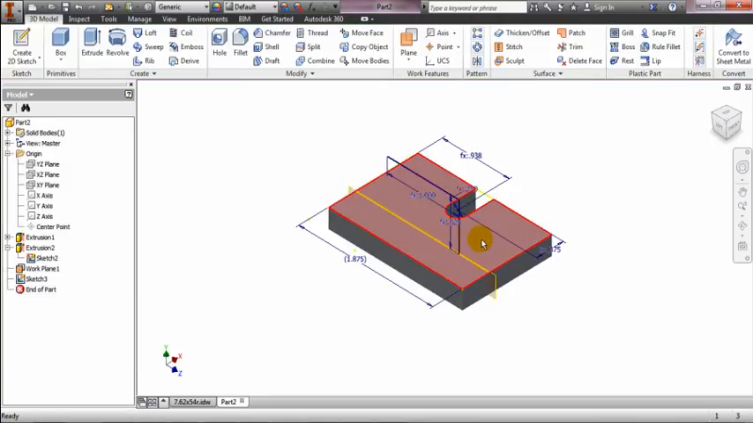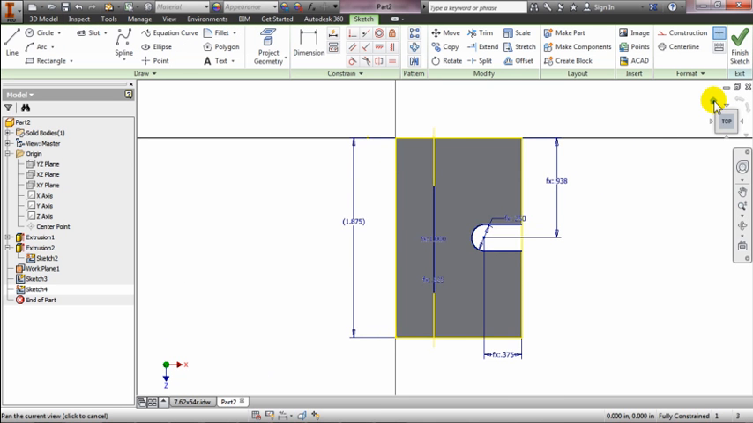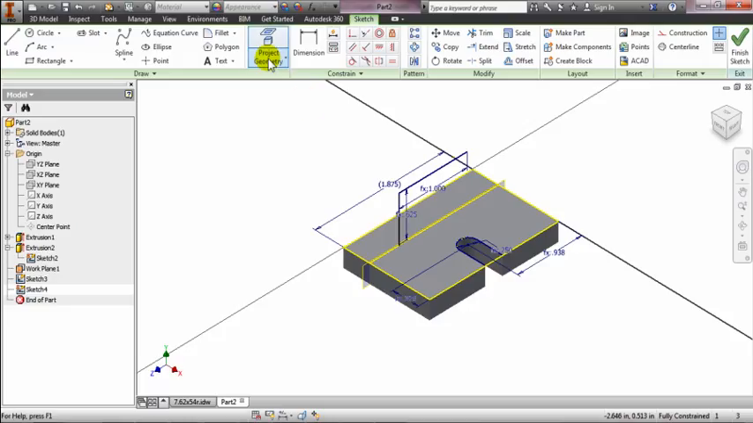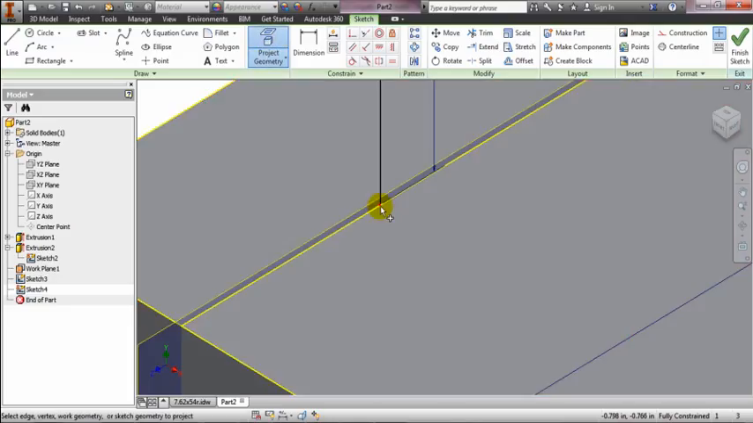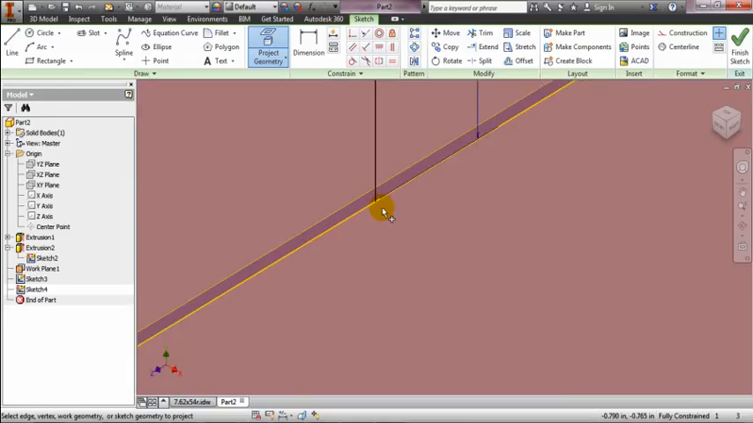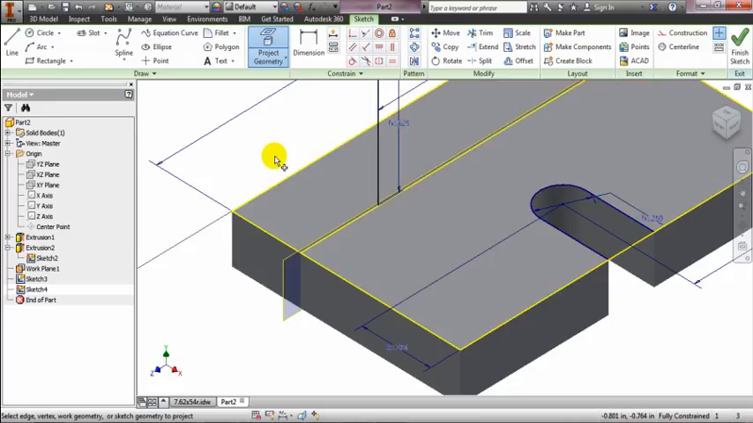Now I'm going to make a sketch on the top plane. I'm going to go back to isometric view, and I'm going to project the geometry of the tip of this line right here. Or I could just click the line. Either way. So now I have a point on my object. I'm going to grab my circle, come up and lock onto that point that I just created, and I'm going to make this